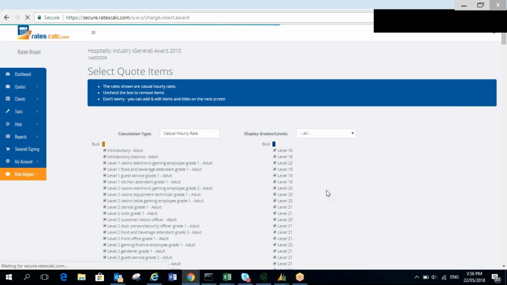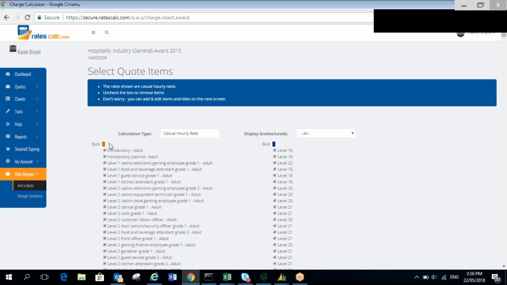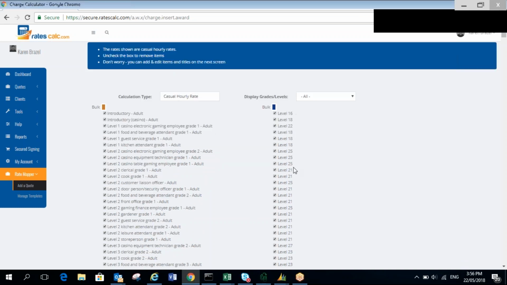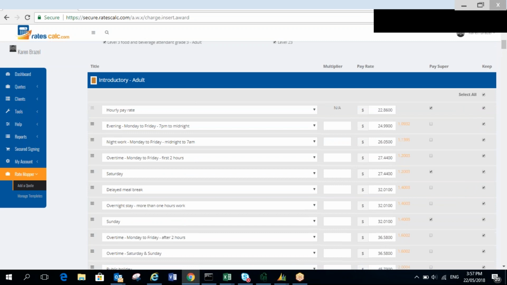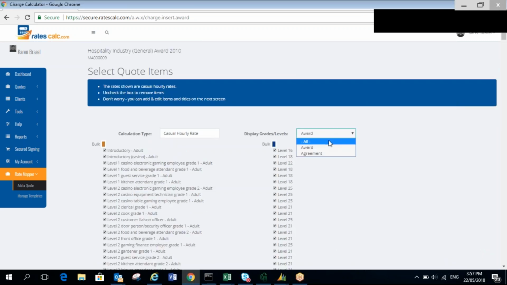Okay. So this is only 5 out of the 15 pages I bothered to tick. Over here, certified agreement, that's the modern award, but it doesn't actually say the modern award, and this is the certified agreement. So I'm guessing if I tick just the award, only those guys will turn up. If I tick all of them,